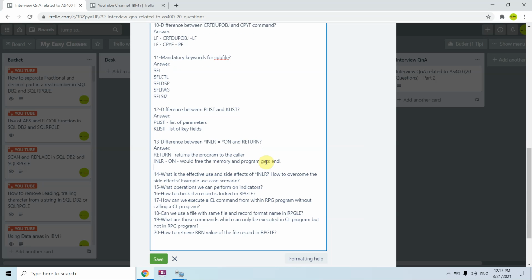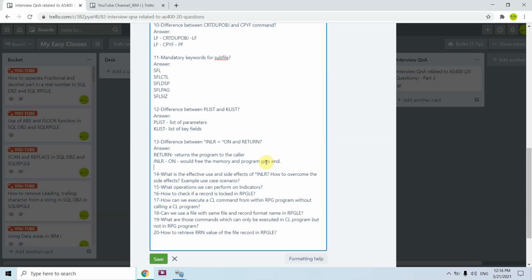So what is not happening in return? In case of return, if we are not setting INLR to on, basically return would return the called program to the caller program by not reinitializing all the variables, by not freeing up the memory. The program is still in the call stack, still in running state, it won't end.